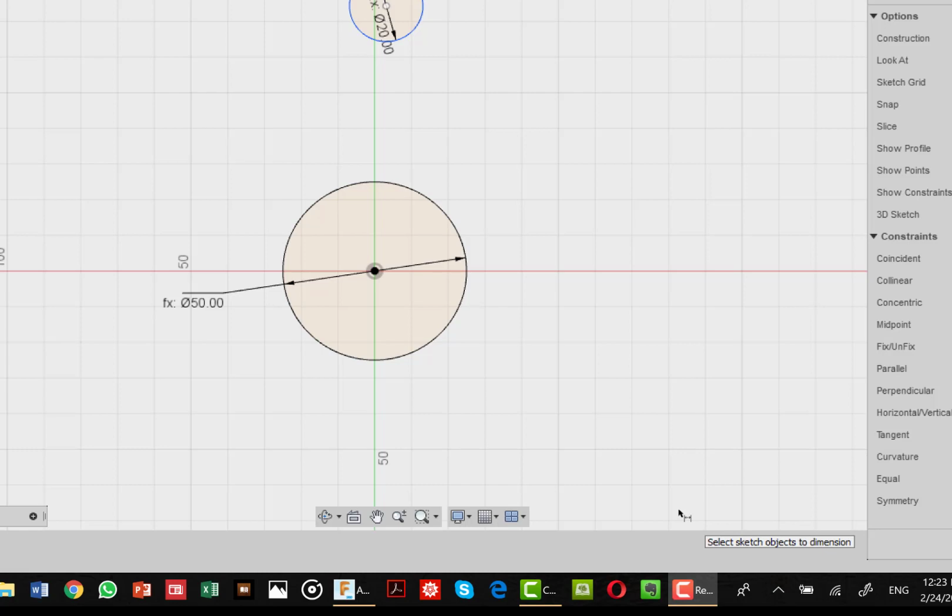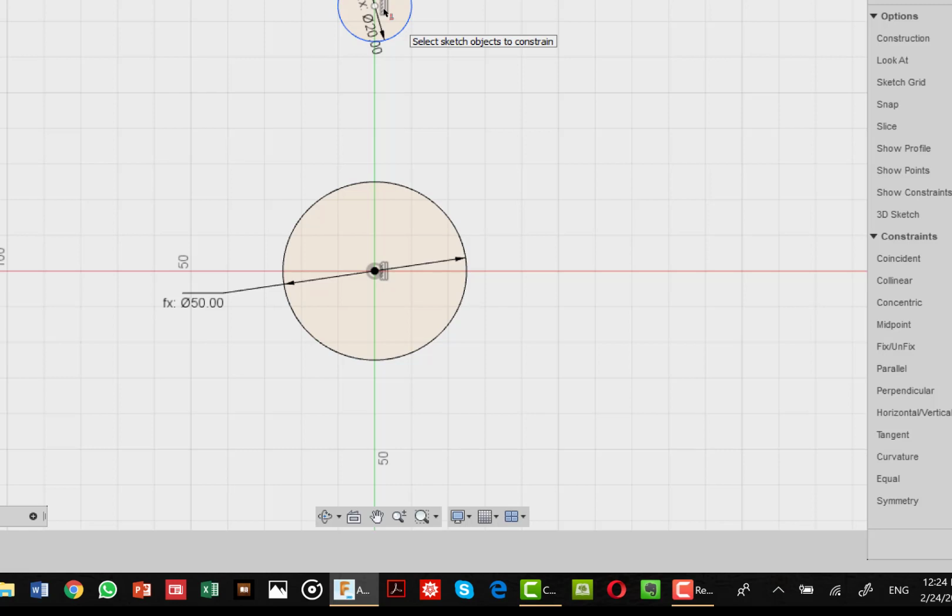Having defined our two circles, the next thing is to constrain them vertically. To constrain them vertically, under the sketch palette here, we choose the vertical constraint, horizontal vertical, and then we take the center of this and the center of this, and those are constrained and are now in a vertical axis, which is the Z axis.